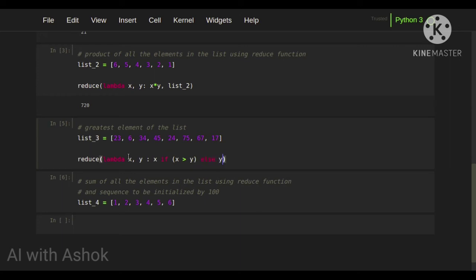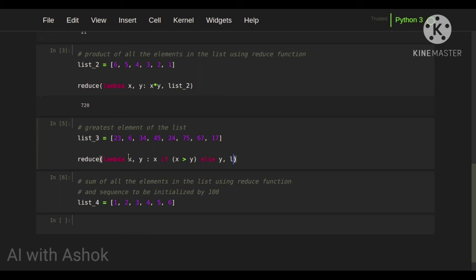So this is a shorthand operator for finding the greatest element among two. If x is greater than y, then it will return x, else it will return y. So this is the lambda function we are going to use, and then we are going to pass the iterable.